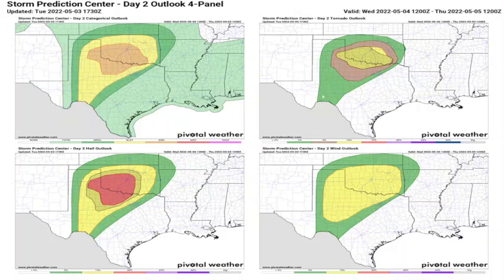Even some tornado risk extending down into West Texas as well, but a lower 5 to 2% risk down into West Texas around the Lubbock area, getting down toward Fort Stockton and into portions of Midland, Texas as well. Then another hatched risk for hail of 2 inches to potentially up to 4-inch diameter hail as we head